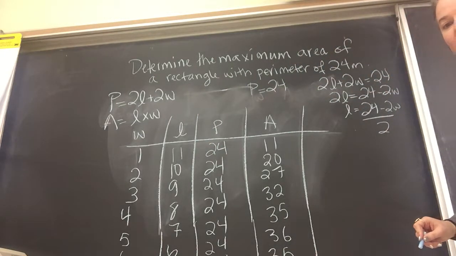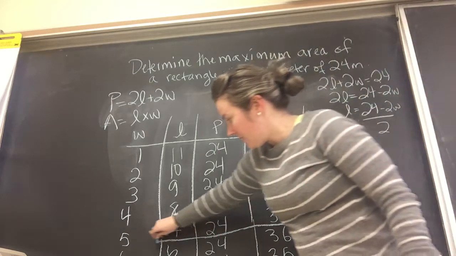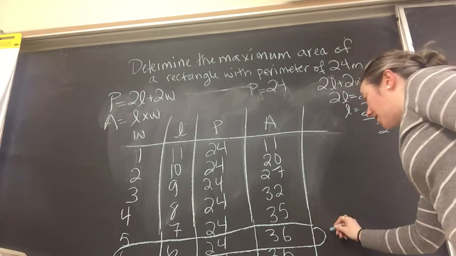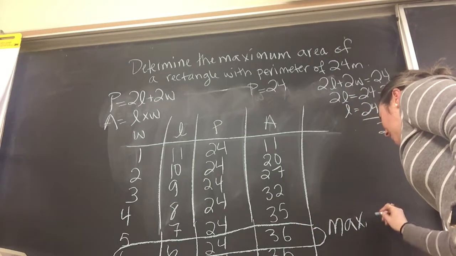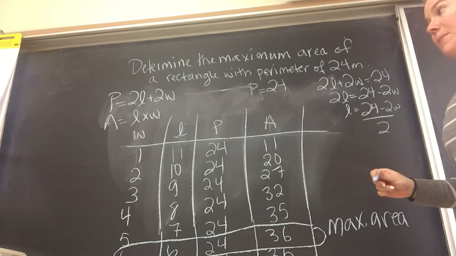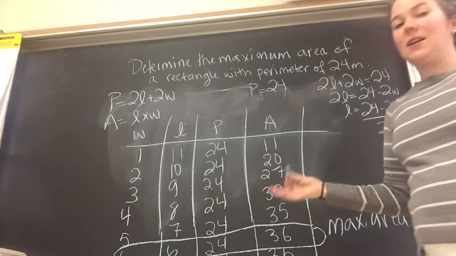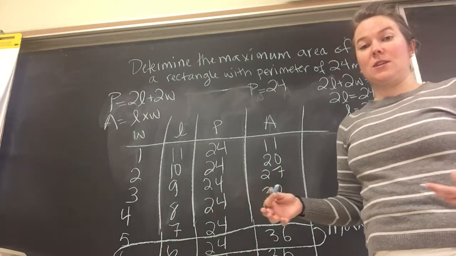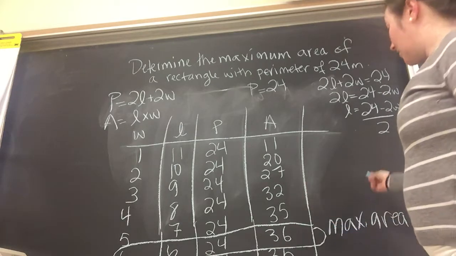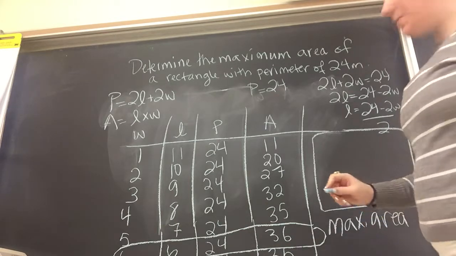Okay? So look at what we've discovered. We've discovered that a length of 6 and a width of 6 gives us our maximum area. And that happens a lot when we're looking at rectangles that have all 4 sides. The maximum area is where the dimensions are as close to equal as possible. So in this case, I'm going to write the answer right here. The answer would be